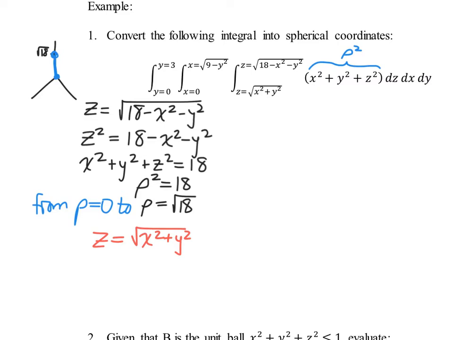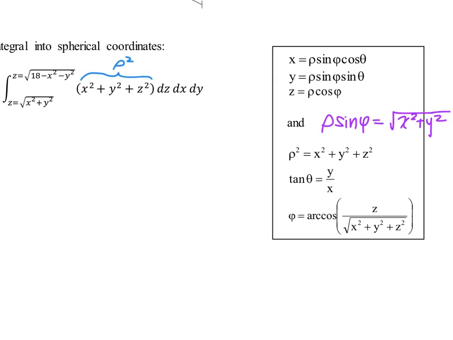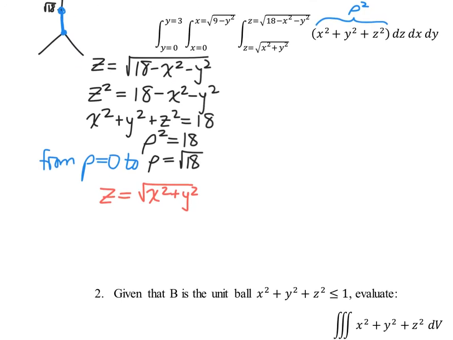I know, for example, going to my little cheat sheet over here, that z, we could write it a few different ways, but the most convenient way is rho cosine of phi. But I also know that nifty new formula over there, rho sine of phi is equal to the square root of x squared plus y squared. So rho cosine of phi